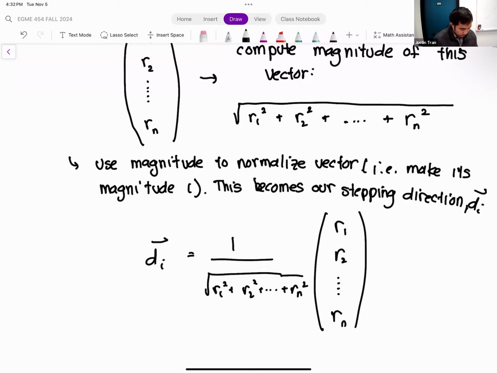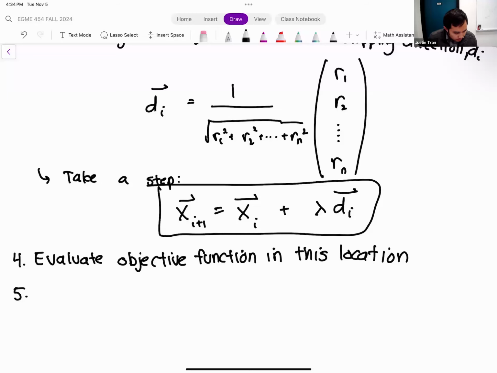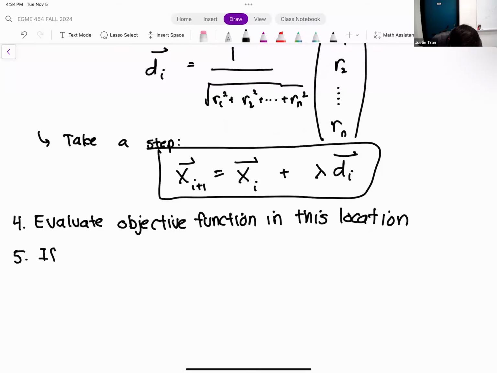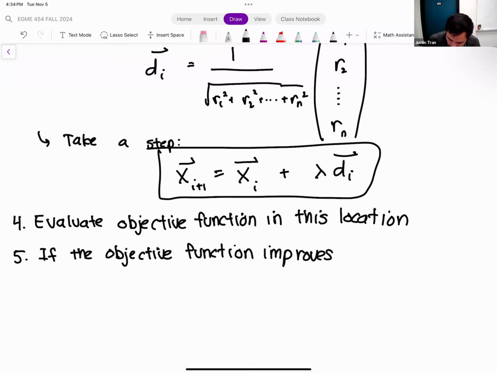Step 5, we're going to see if taking the step led to an improvement of the objective function. If the objective function improves after taking the step, we accept the new point as our current one, and then just move on from there.